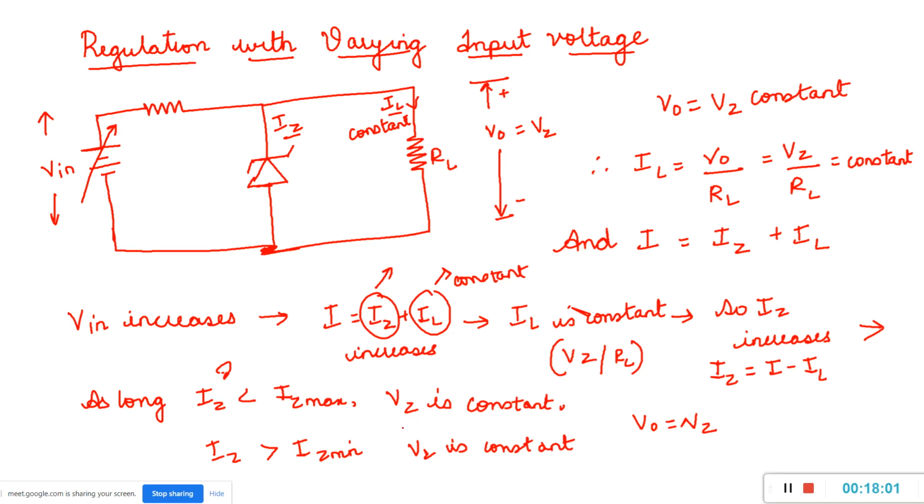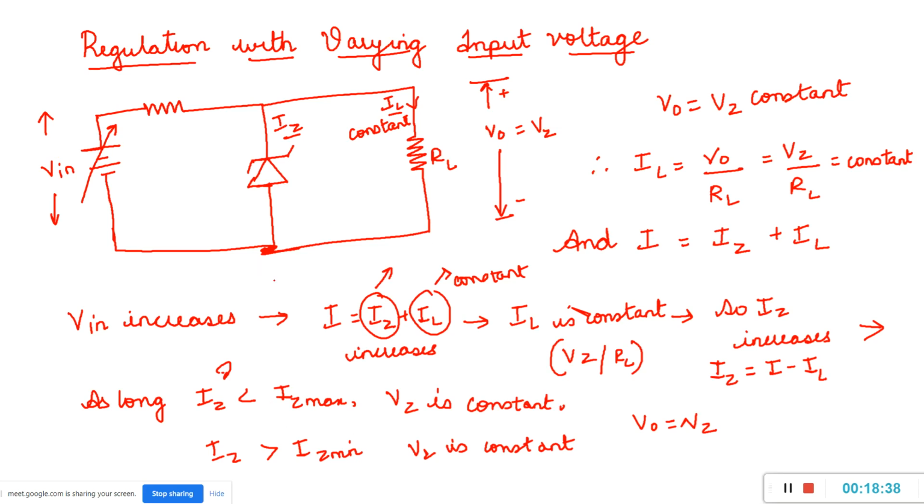I have already told you that we require a constant voltage power supply in order to operate the devices. Hence we are looking at the concept of regulation of the varying input voltage. Whenever you do an experiment in the lab, in the practical sessions, you vary the input and see the output, checking whether you get a constant voltage or not. Obviously you will get a constant voltage if you satisfy certain conditions.